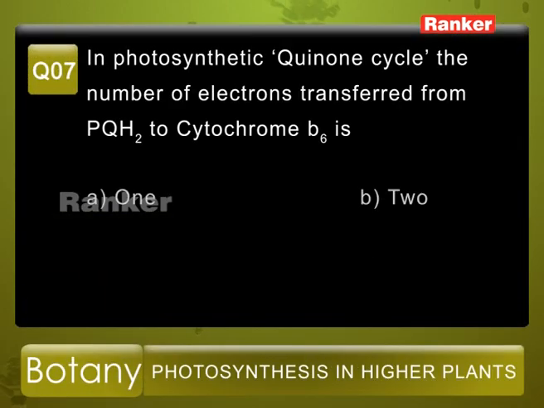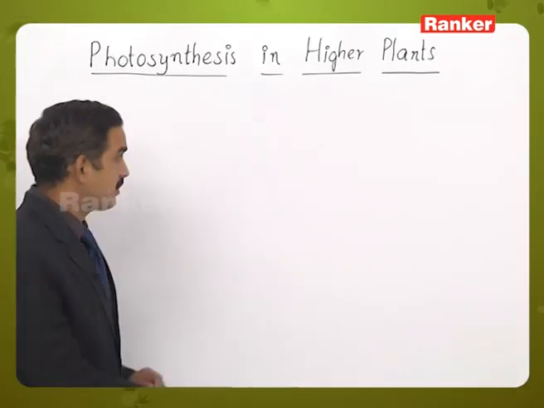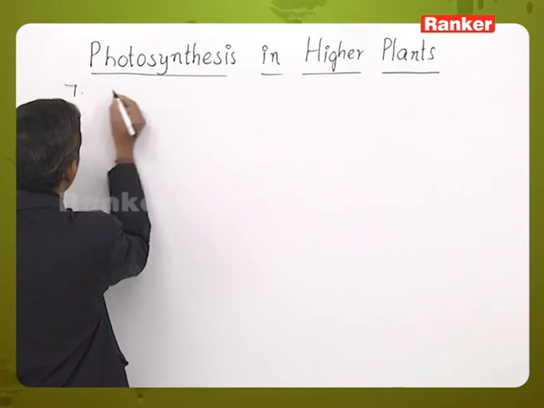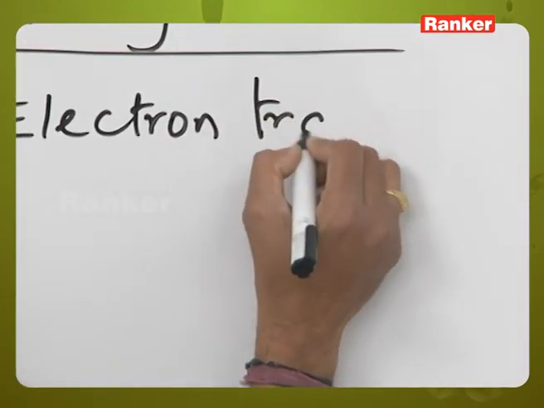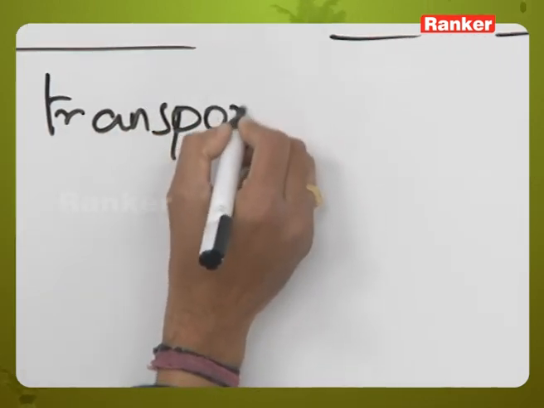Question number 7. In photosynthetic quinone cycle, the number of electrons transferred from PQH2 to cytochrome B6 is. The given options are A 1, B 2, C 3 and D 4. So this is a question related to the electron transport during